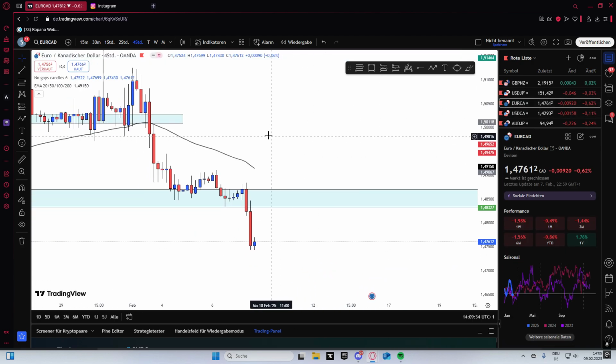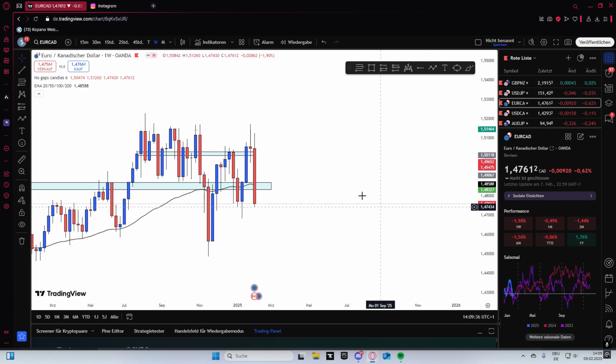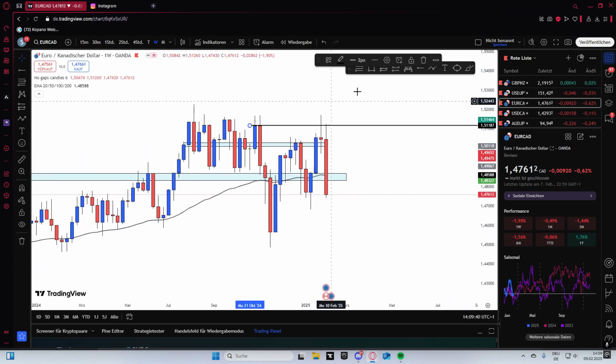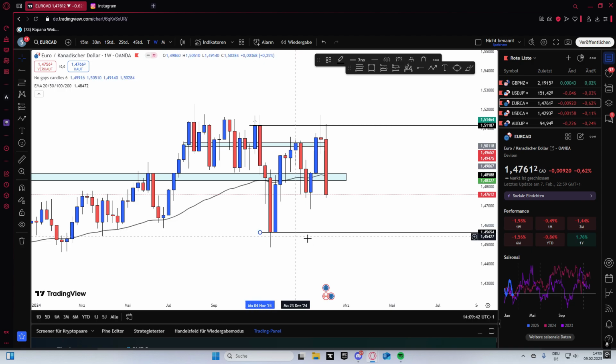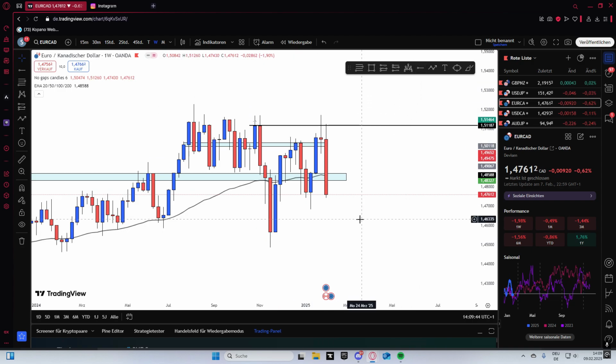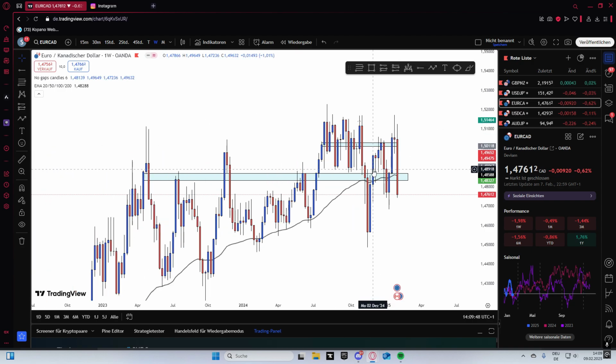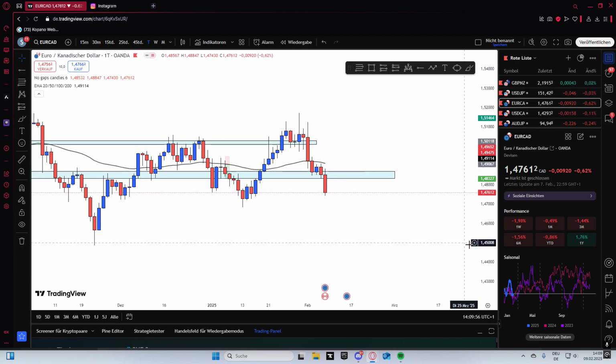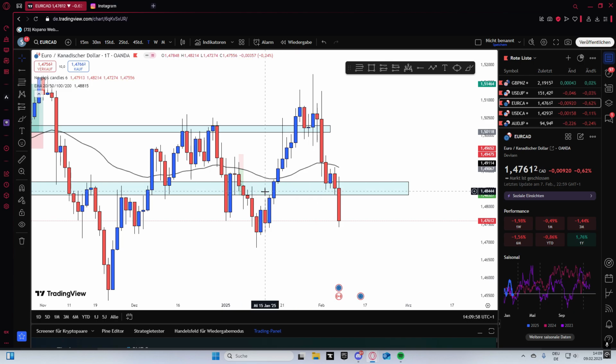EuroCAD is my next pair. We see on the weekly we are still bearish. We are in this zone right here, so still bearish. And we also have the weekly EMA, which could push price down. Very nice. On the daily time frame we are bullish right now,